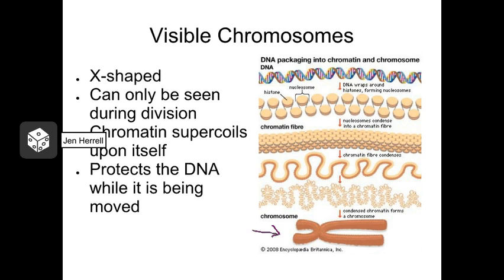Visible chromosomes are called visible because you can actually see them under the microscope. Of course, when the cell isn't dividing, the chromatin is still present inside the cell, but it's really diffuse and hard to see. So you just call it chromatin. But when the chromatin coils up on itself and takes on this X shape, it's really dense, it sucks up a lot of dye, and it's easy to see under the microscope. So that's why they're called visible chromosomes.